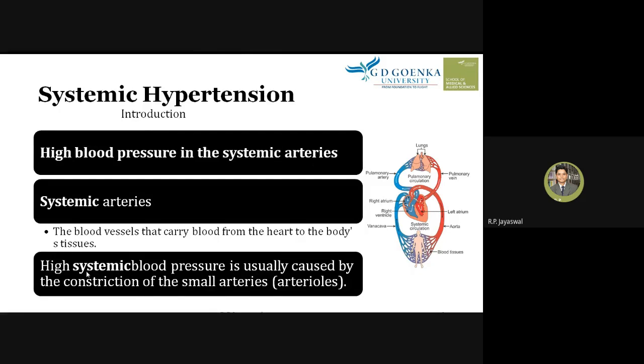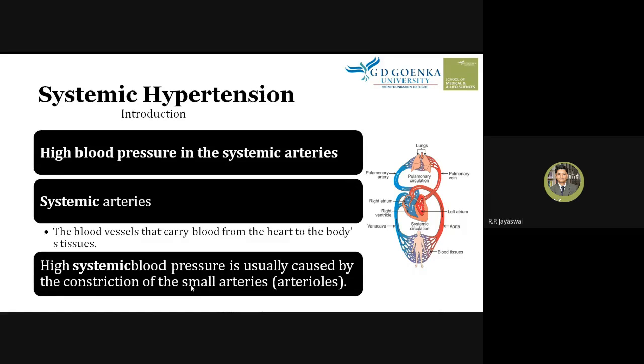And high systemic blood pressure is usually caused by the constriction of the small arteries. So the systemic blood pressure becomes higher, usually because of constriction of the small arteries or arterioles, and during the constriction,